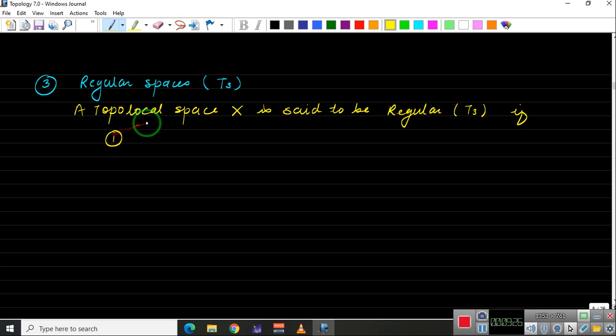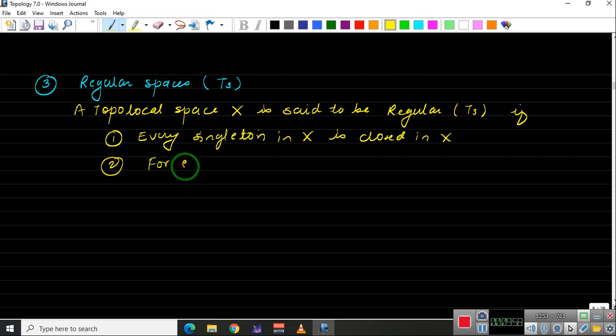First, every singleton in X is closed in X. So in previous videos we have talked about T1 spaces. In T1 spaces every singleton is closed. Those things we have already proved, I guess. Okay, and this is the first point. And the second point, it says